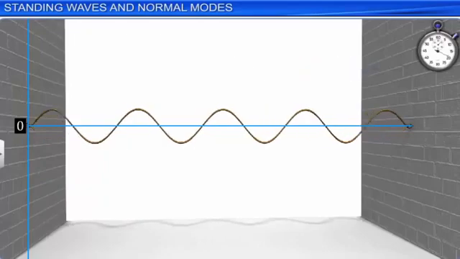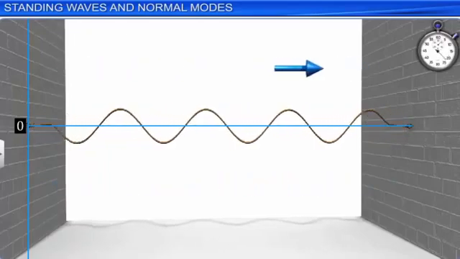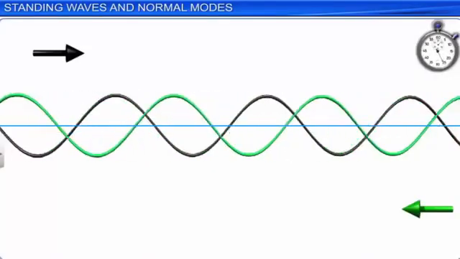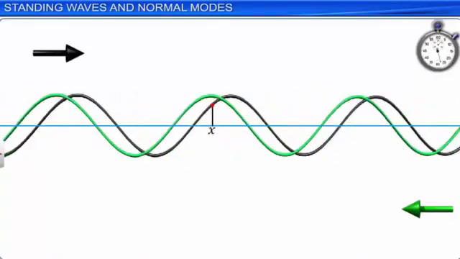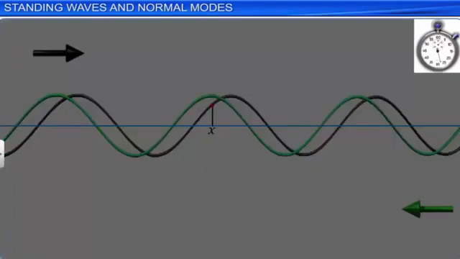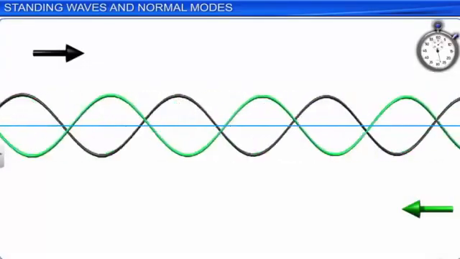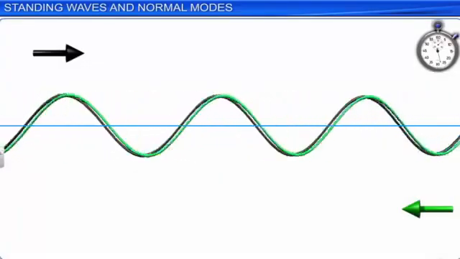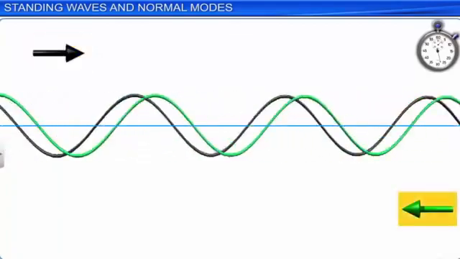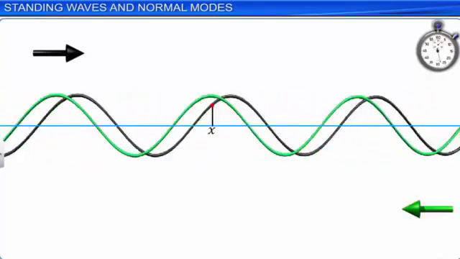At any point x and at any time t, there are always two overlapping waves, one moving to the right and the other moving to the left. By superimposition of waves 1 and 2, we get a combined wave which can be represented by